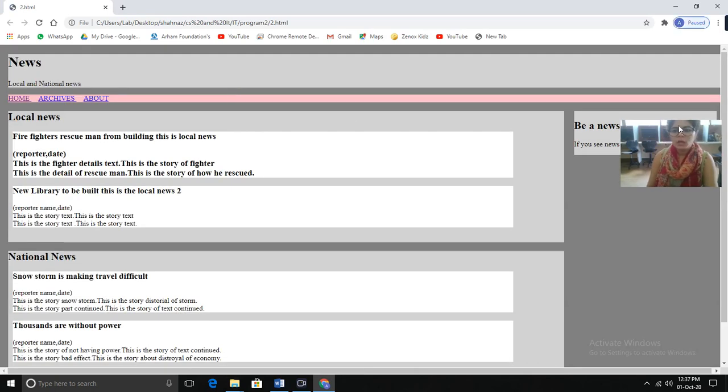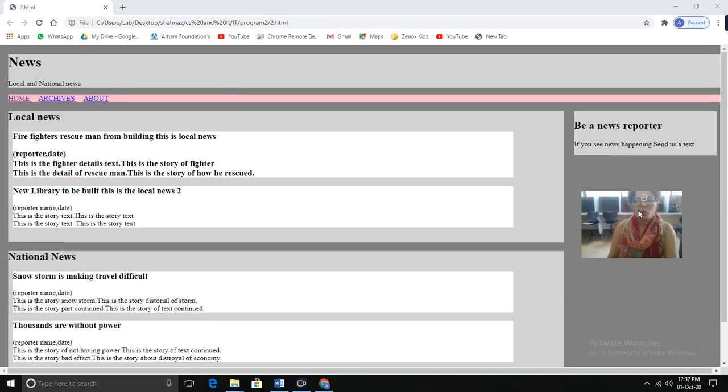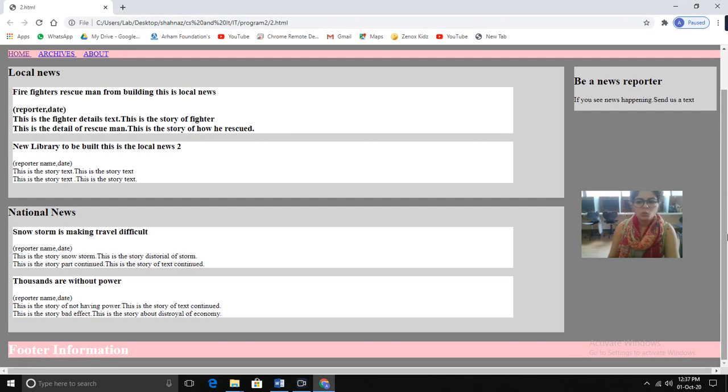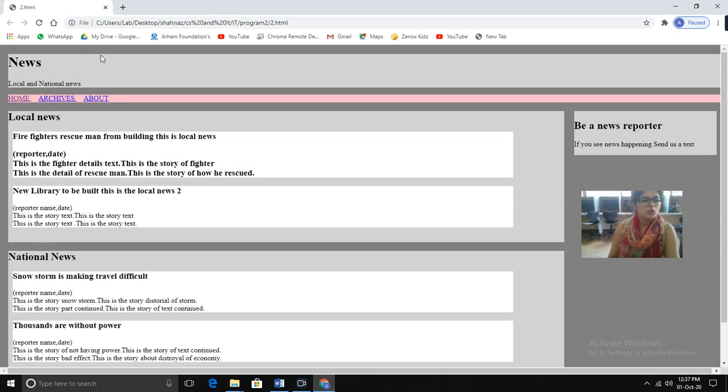So this is the output of your code that I am going to explain you as it was given in the book. So we have to create this part. I am explaining you in detail because it is easy for you to understand the code before starting with this. So we have to create this part by using header part. These are the navigational links.